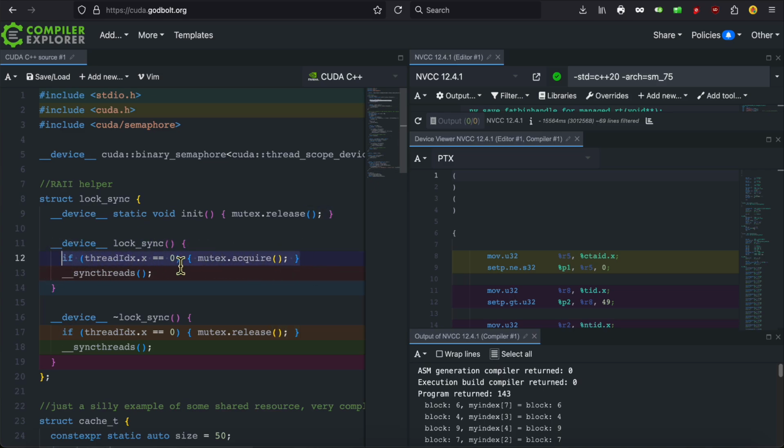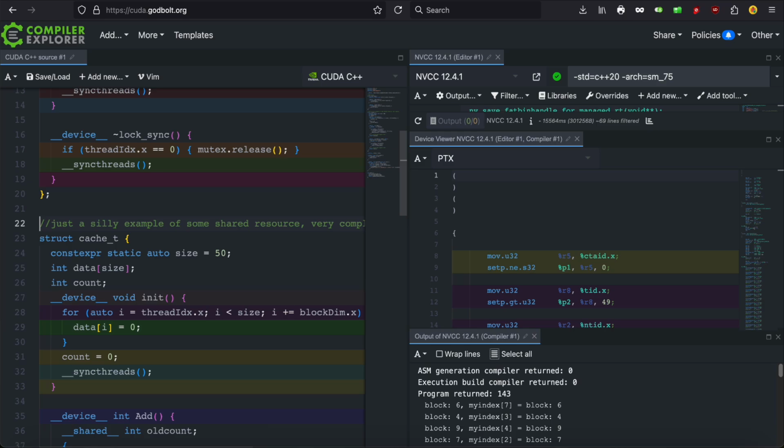If you try and acquire it in multiple threads, you're going to have a deadlock. Then we synchronize, as the struct says on the tin, it needs to synchronize, so that's what we do. The destructor, no surprises there, releases it once, not more than once, otherwise, again, that's not going to end well. And then we synchronize again, as promised in the name.